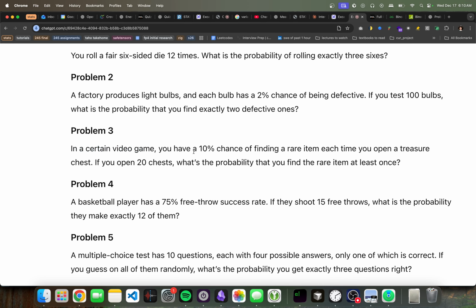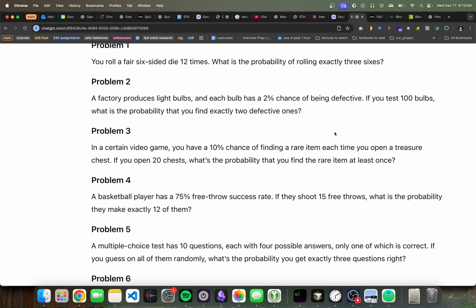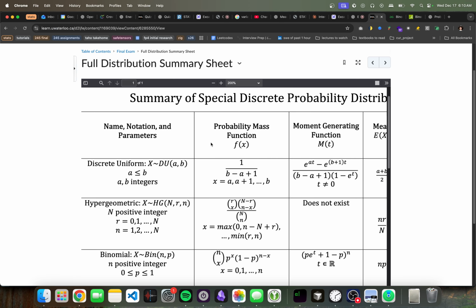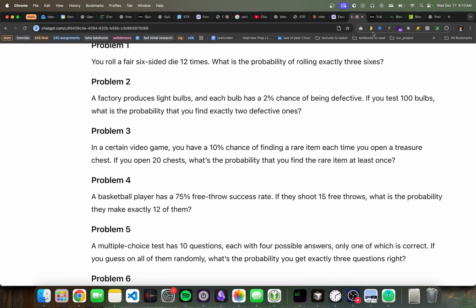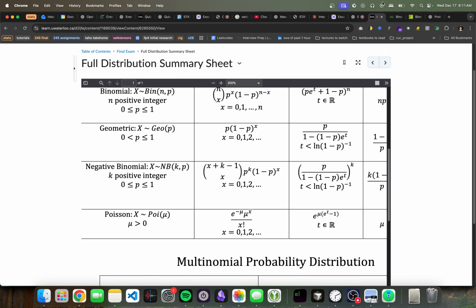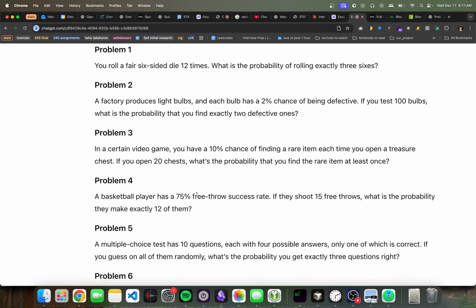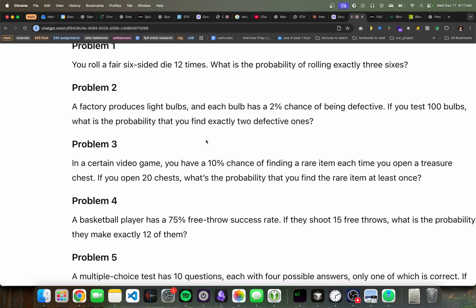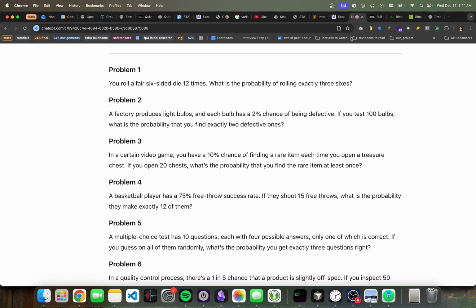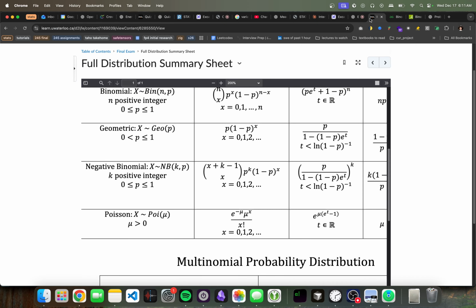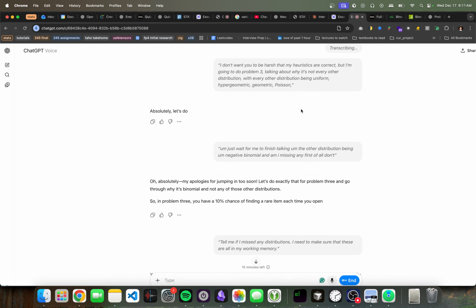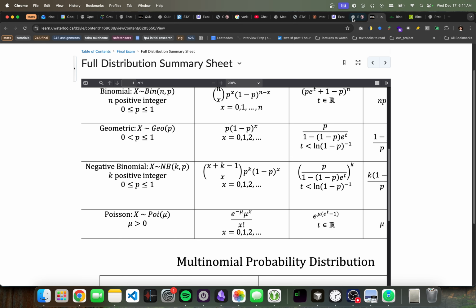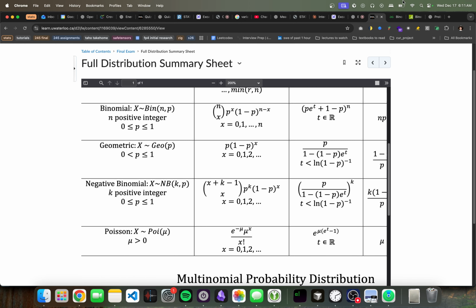So problem 3, we have a 10% chance of finding a rare item each time we open a treasure chest. You open 20 chests with the probability that you find a rare item at least once. So at least once does sound geometric. However, geometric is without replacement, I believe. Let me know if I'm correct. And also it is looking for the first item, and moreover, it's not Poisson because we're not looking at a range. It's not negative binomial because we're not